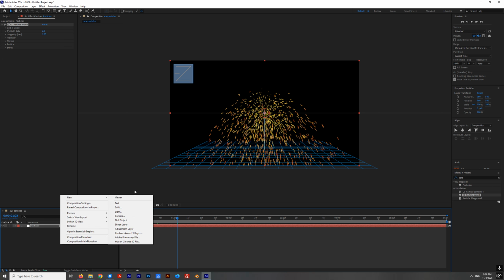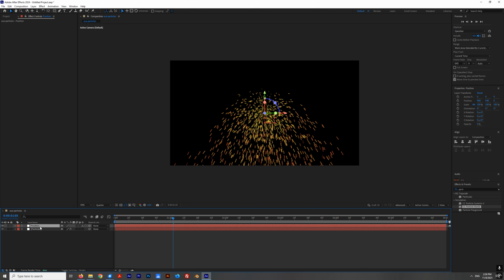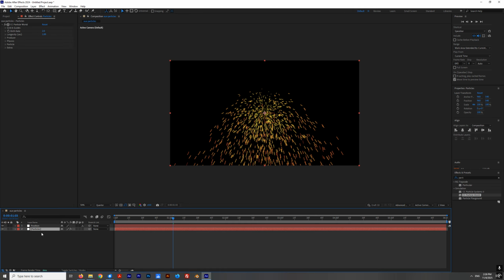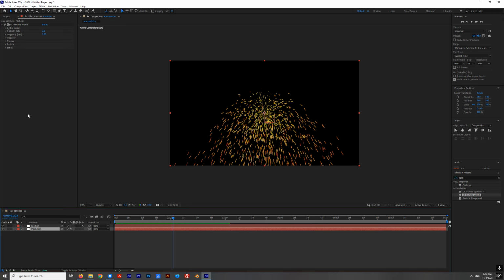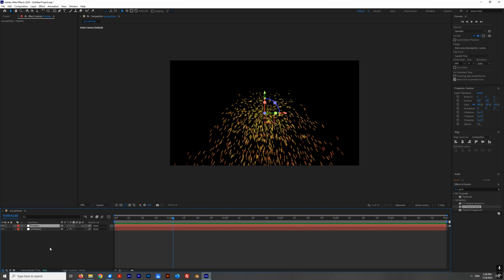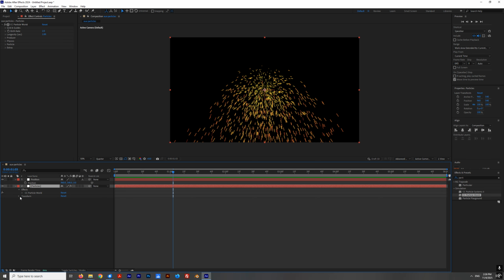Now let's make a null object and rename this to position, and switch modes and enable 3D. So this will be 3D layer, and we want to make our particle emitter follow a path. So select position and hit P and go to particles, go to effects, it's the Particle World producer,